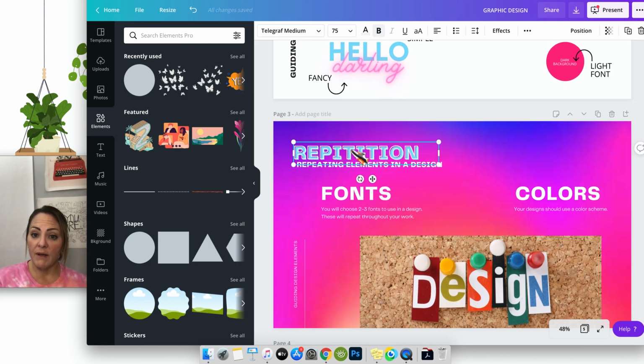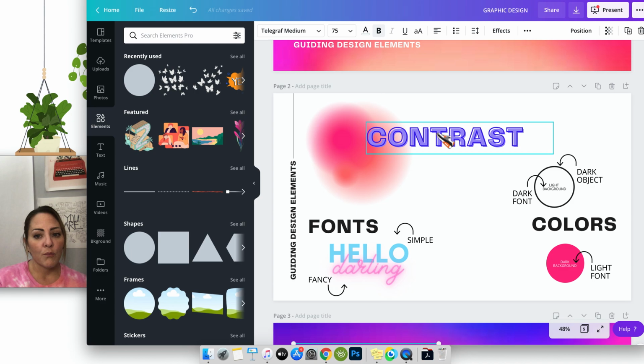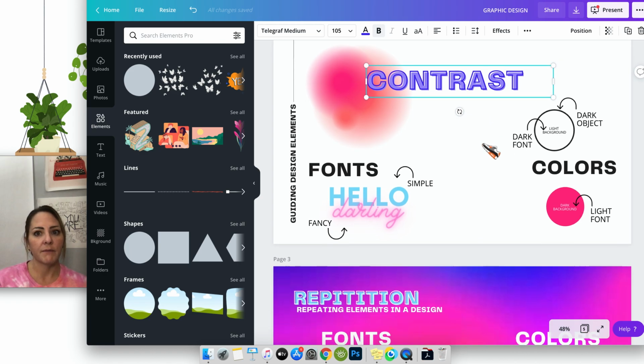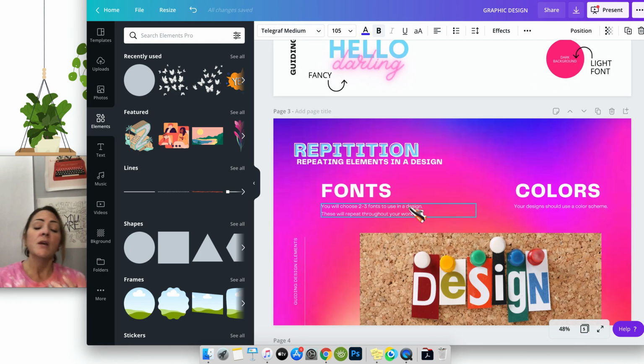Same thing with my fonts. They are repeating in both the font that I chose and the color. Every single one isn't the same, but it follows the same design pattern. So you have that repetition. So far we have contrast and we have repetition. Our third guiding design element